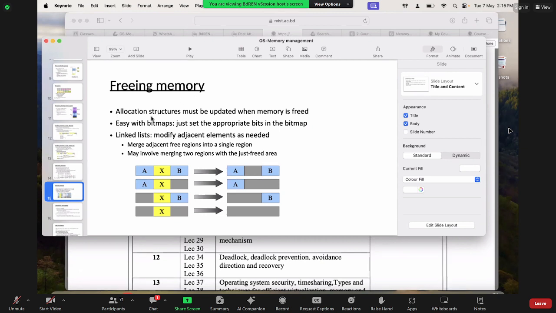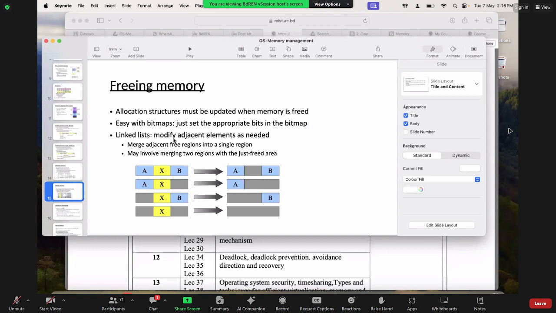But whatever memory allocation structures we are using, like linked lists and bitmaps, they have to be updated whenever memory is freed. It is easy in the case of bitmaps, because whatever that memory is, from start to end, all of it is just marked 00000. That's it, easy to modify.